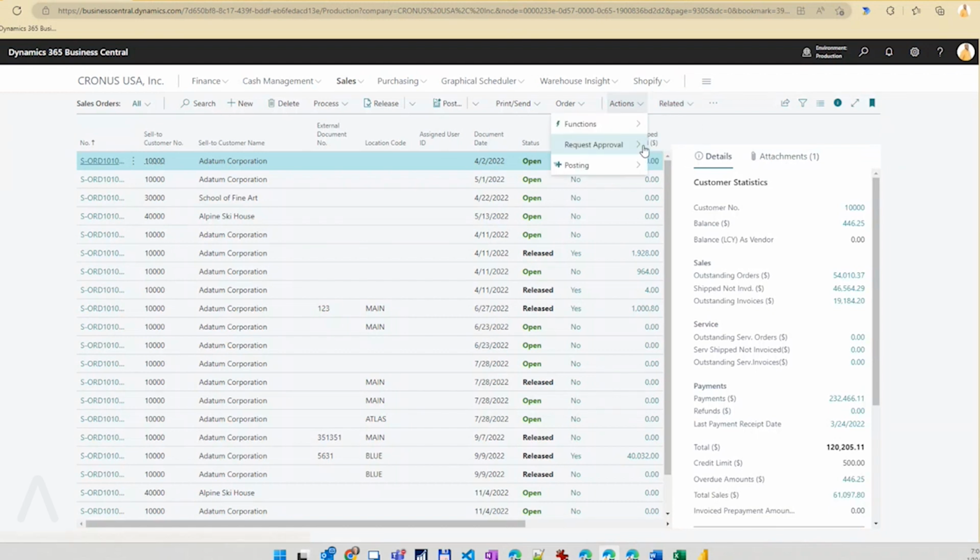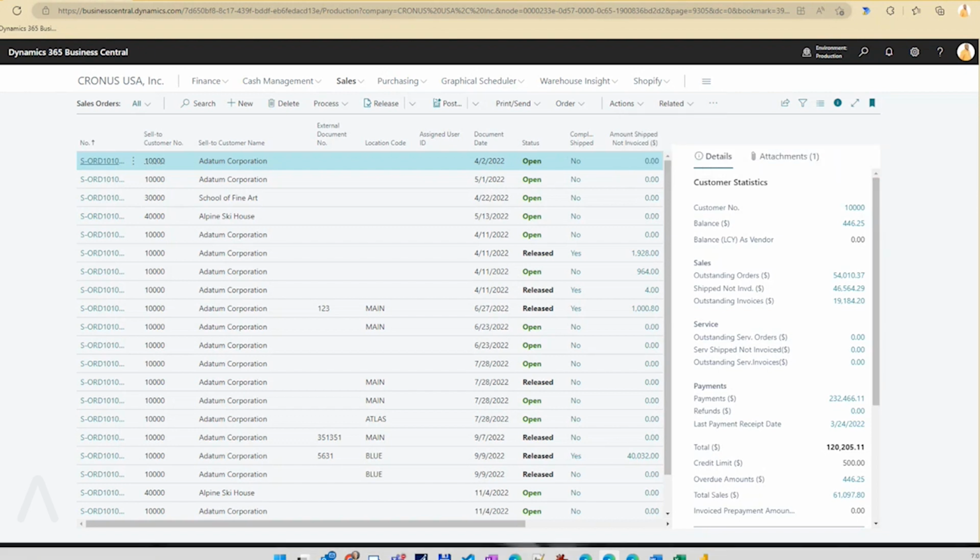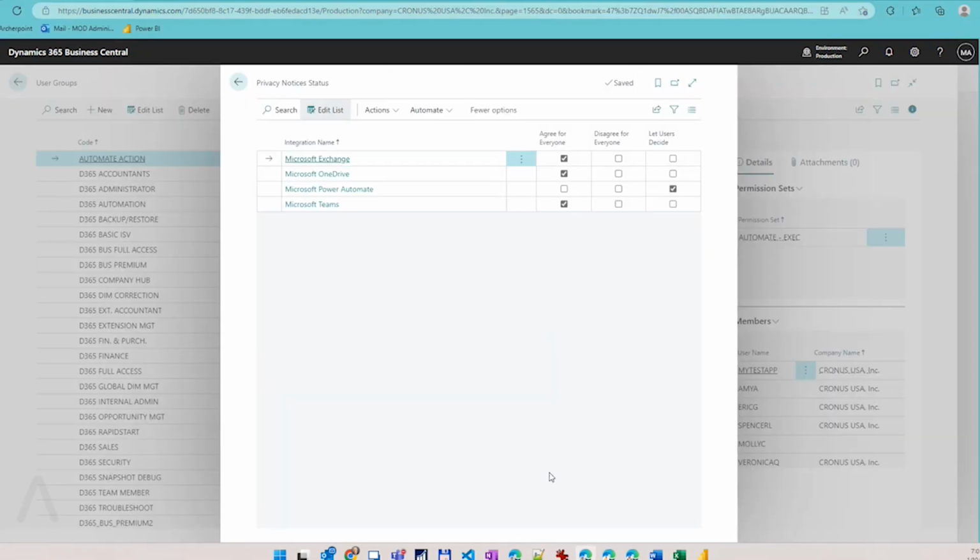So actions, no, not actions. Where is it now? There we go. Power Automate. There'll be a get started here. If you initially start up with Power Automate, it'll be a get started. If you click on it, you click through the basic notices and whatever the case may be. And if you go beyond that and you say, okay, I'm fine, I'm in, and you're allowed to do it, you have got that Power Automate enabled, you should be able to get here and you can create your own flows in here. But what you can do as an administrator is check this agree for